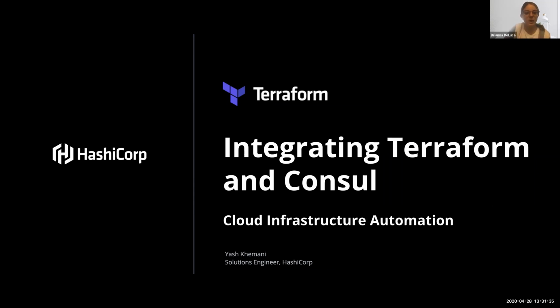Today we're going to mainly talk about HashiCorp Terraform and Consul. HashiCorp Terraform uses infrastructure as code in order to provision any cloud infrastructure in service. HashiCorp's Consul is a networking platform that allows you to connect and secure services across any runtime platform on a public or private cloud. So Terraform allows you to define your infrastructure as code, variables, and modules empower you to extend and reuse your infrastructure as code. Yash is going to talk about using the Consul provider for Terraform, so your Consul KV data drives your Terraform